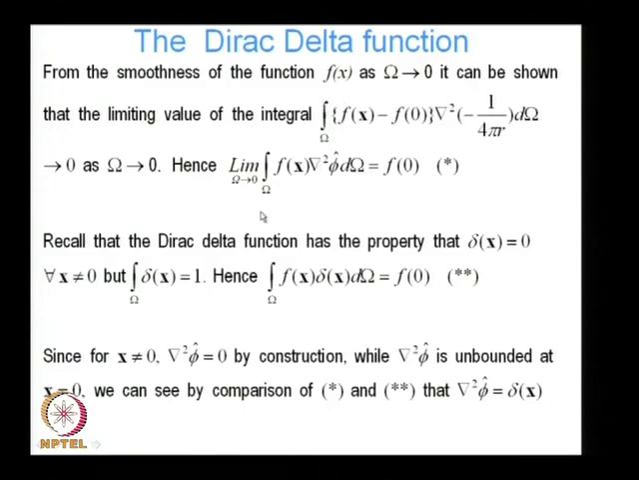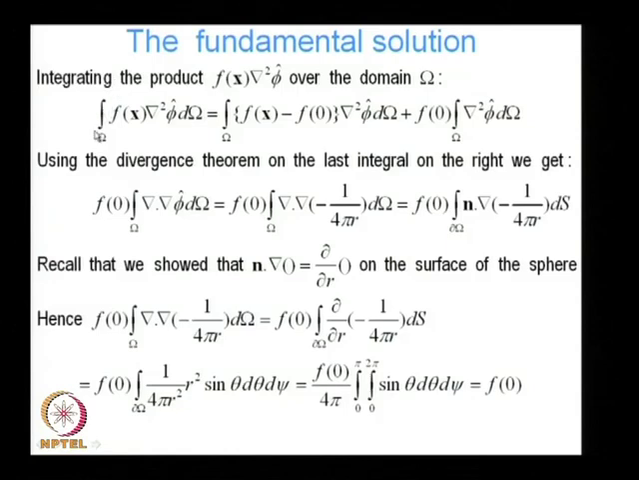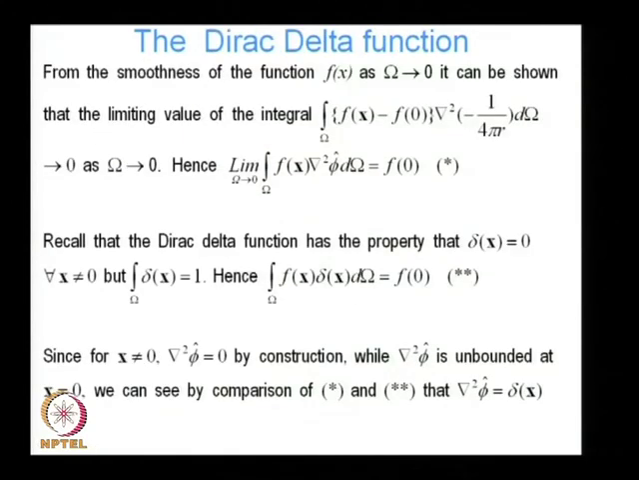So, we can write in the limit that omega tends to 0, this integral actually goes to f0, right. So, this integral goes to f0. So, in the limit omega goes to 0, the integral of f of x Laplacian of phi hat d omega is equal to f0. Now, let us take a step back and recall that there is something called the Dirac Delta